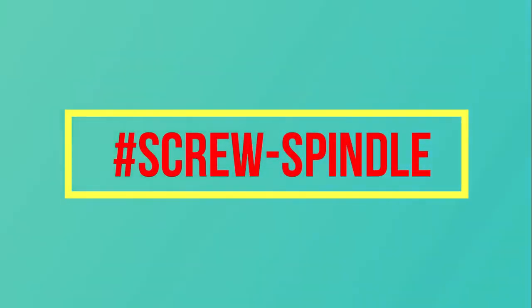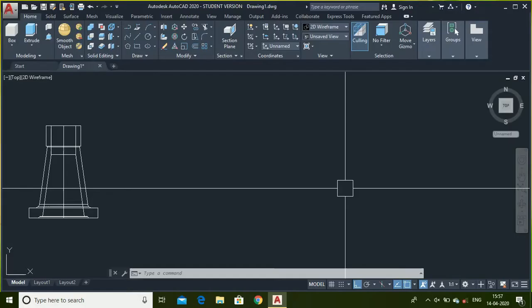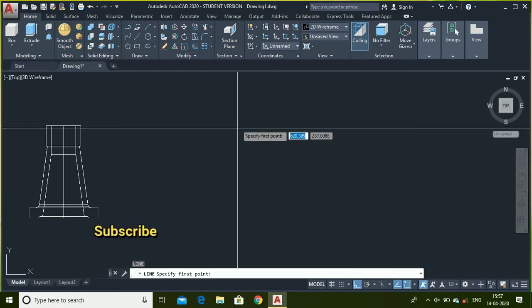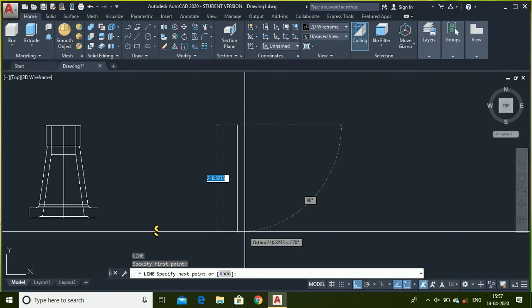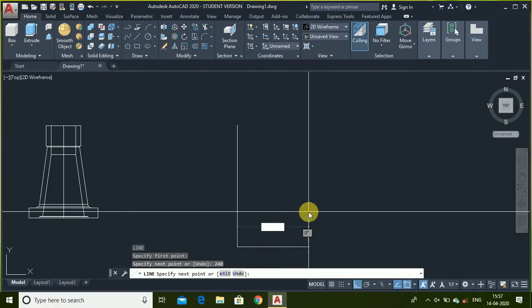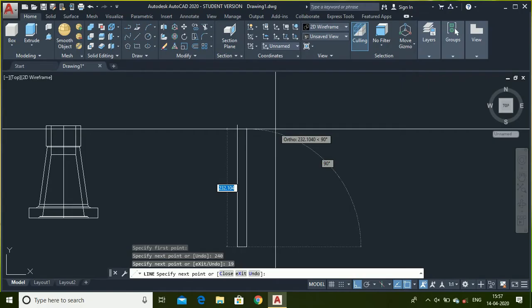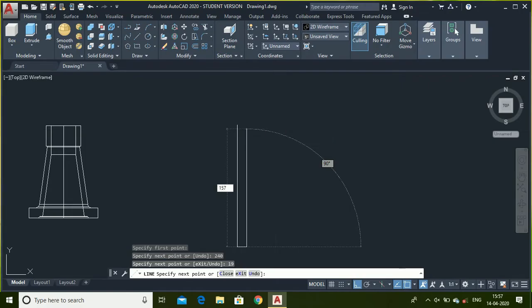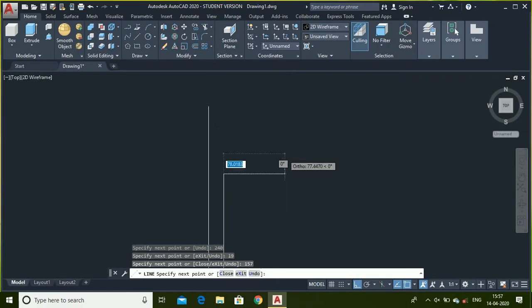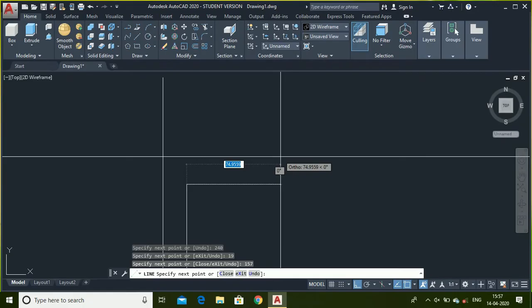Now let's make the screw spindle for the screw jack. To make the screw spindle, let's use the line command, press enter and click at any point, then draw a line of 240 mm, then 19 mm, then 157, and make a taper line using the upper